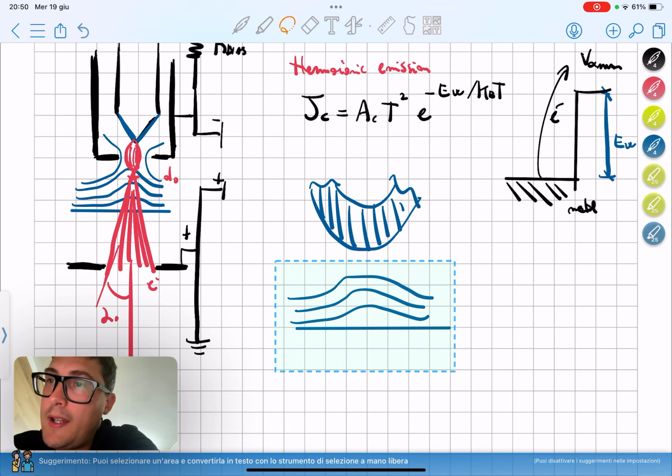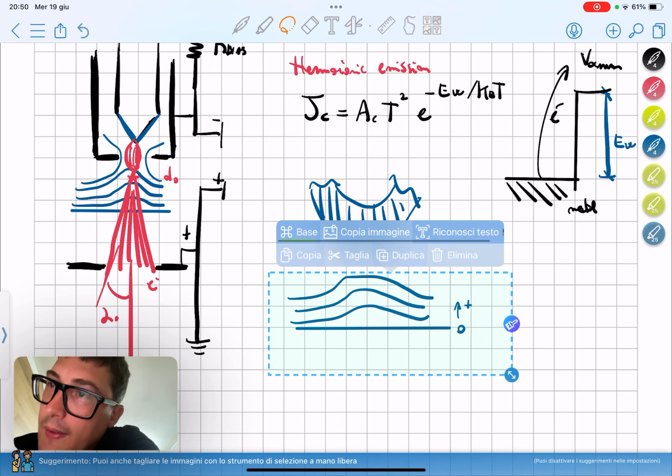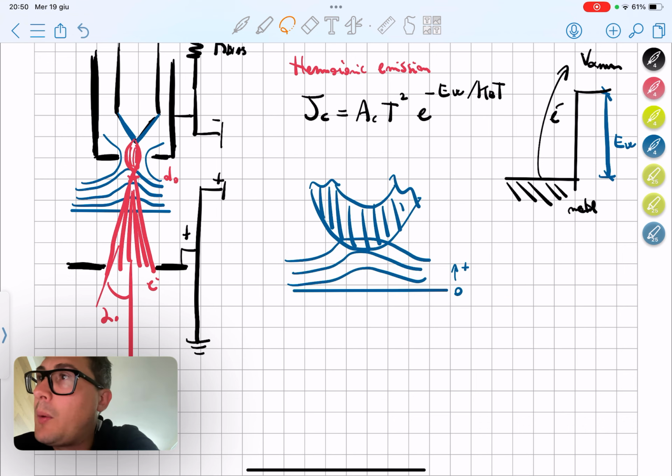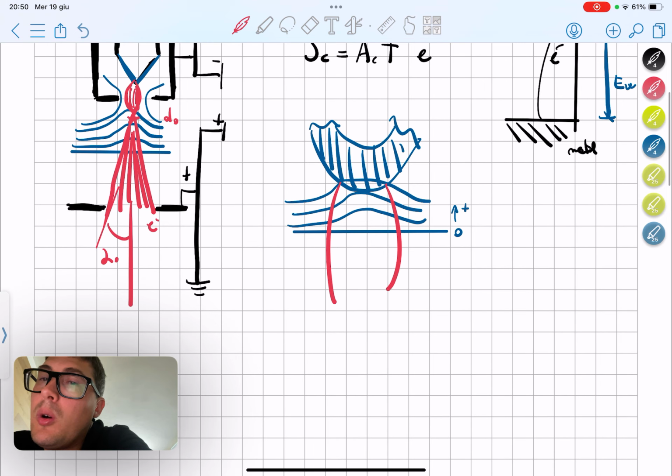If we say this is the 0 and go up in this direction, if we move inside the tip, they will extract the electrons. So we need to have a balance,